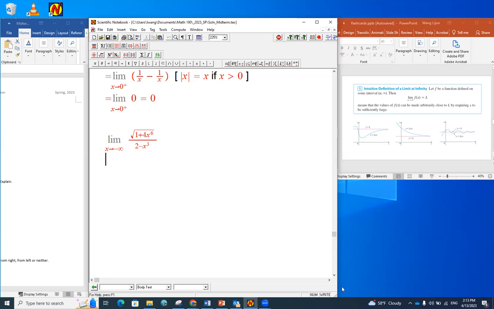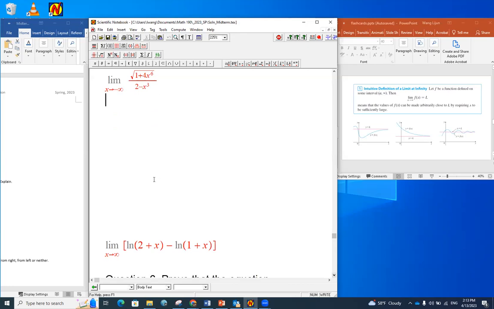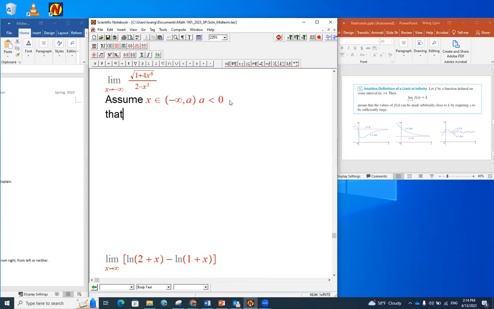So by definition, we can assume x is in an interval from negative infinity to a, and a is negative. a is negative because x is approaching negative infinity. And this merely tells us that x is negative. If x is negative,